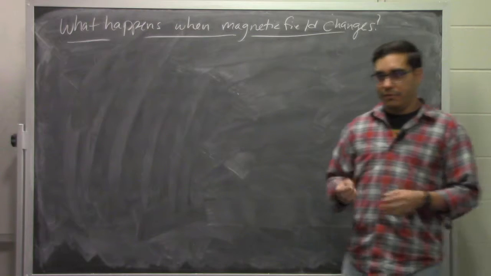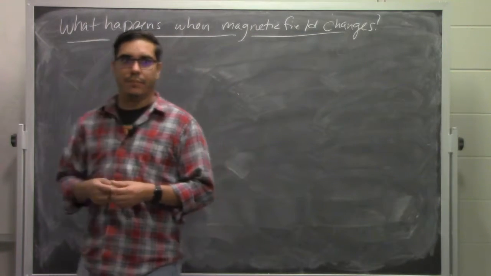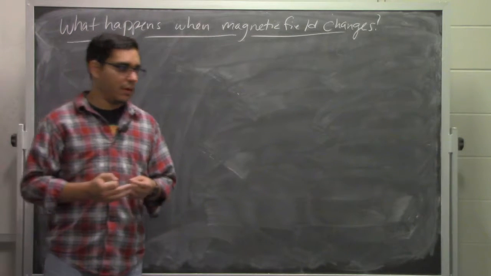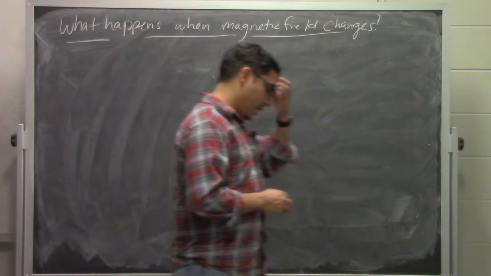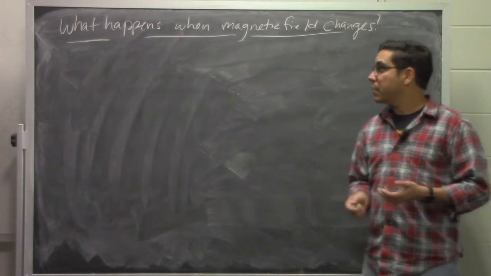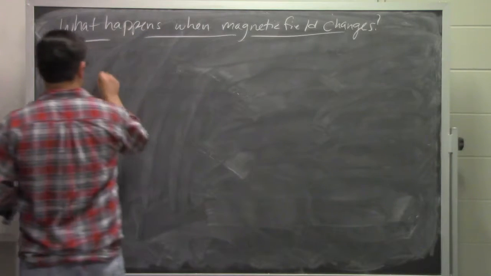Up till now, we've talked about magnetic fields that are constant or uniform. We've talked a little bit about the patterns of those fields, but we haven't really talked about what happens when they change, in particular when they change as a function of time. So I'll set up a little example for you, and we'll have a demonstration to talk about this in more